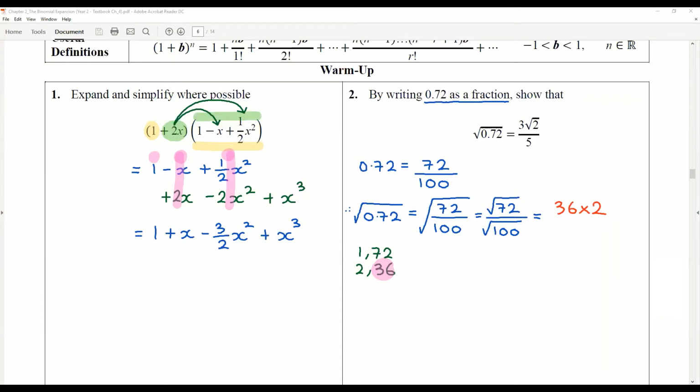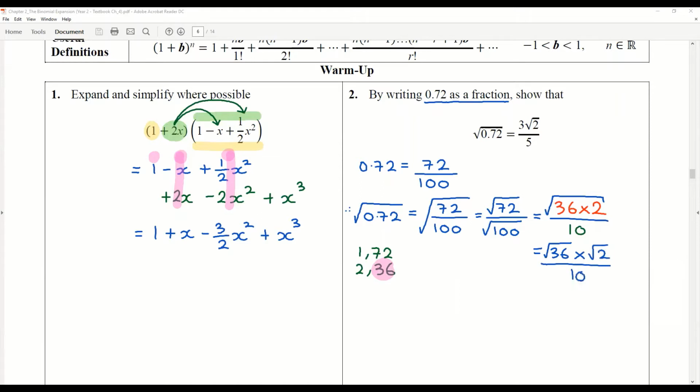So we're taking the square root of that. And the square root of 100 is, of course, 10. So I can replace the denominator with 10. Okay, and then I can use another rule of surds, the product rule of surds, if you like. So if I take the square root of a product, it's the same as the product of the square roots. So that's root 36 multiplied by root 2